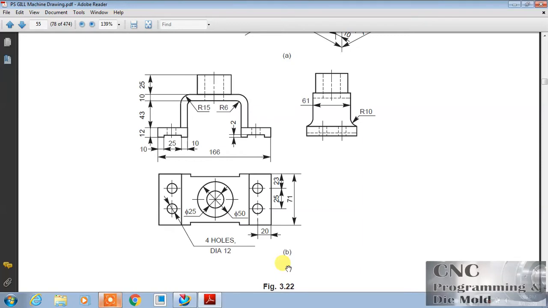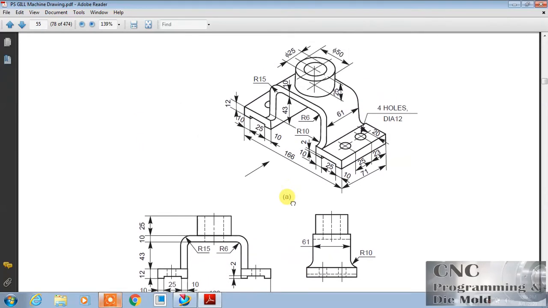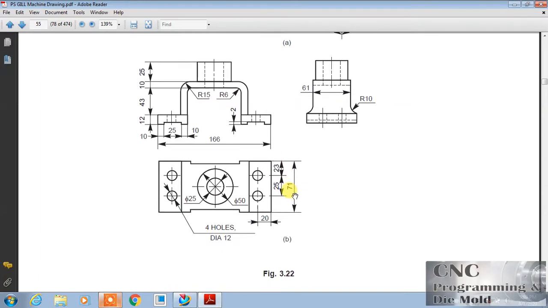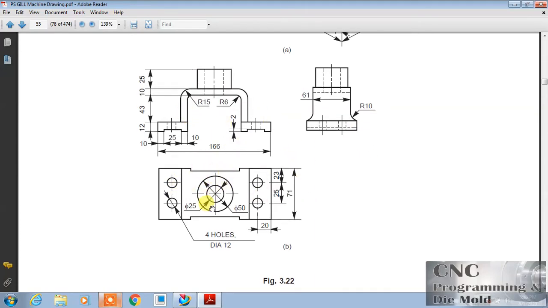And in today's tutorial we are going to create this part. This is a solid part and here we have three views. One is the front view, the top view, and one side view, and this is the isometric of this part. But we will start with the help of these orthographic views. So we will start from this front view, and then the rest of the portion we will create from the top view. So let us start.